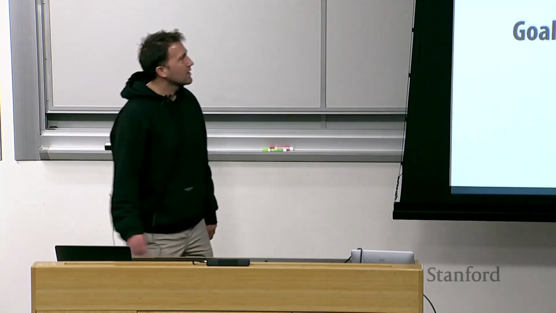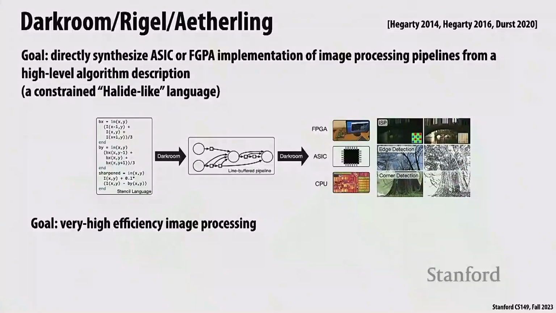Okay, so just to keep it going, since so many people are so interested in high performance image processing, there's the question of why are we even compiling to CPUs at all? There's a bunch of work by different groups. Here's one from Stanford, where they took a language that looks a lot like Halide, a simplified version of Halide in some sense, and said, no, we're not going to emit instructions at all. We're going to emit FPGA circuits directly, right? So we're just going to skip the programmable processor and just generate hardware directly from the high-level